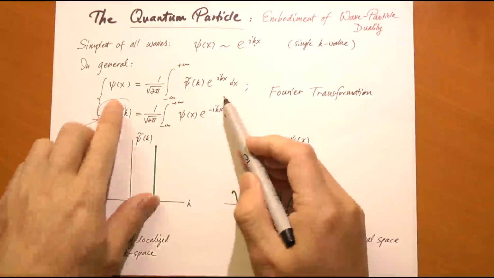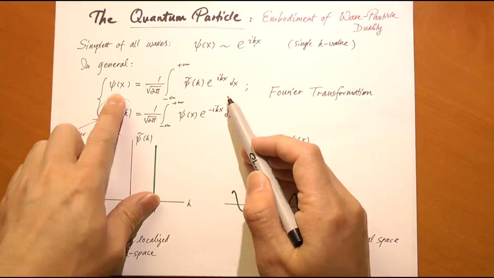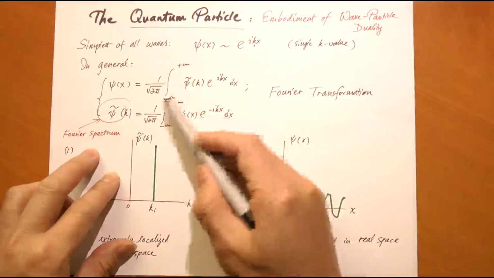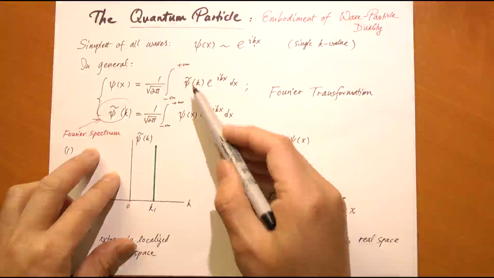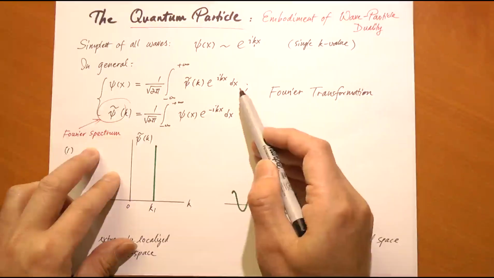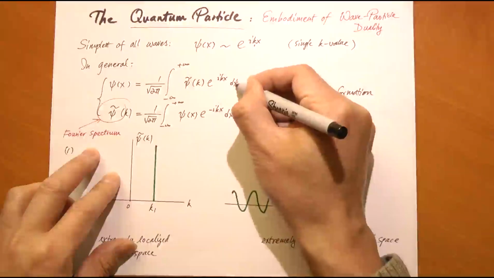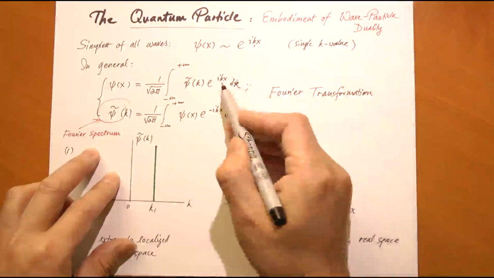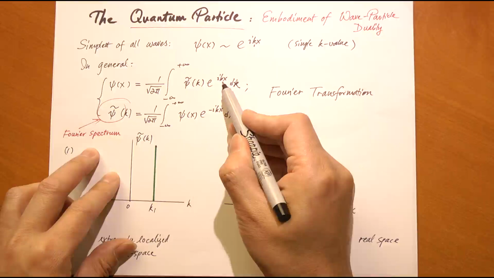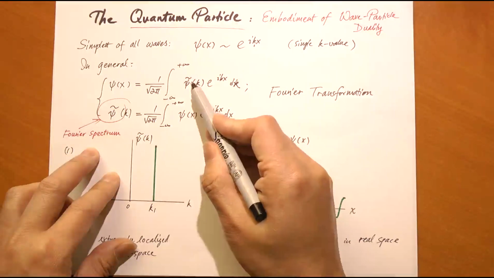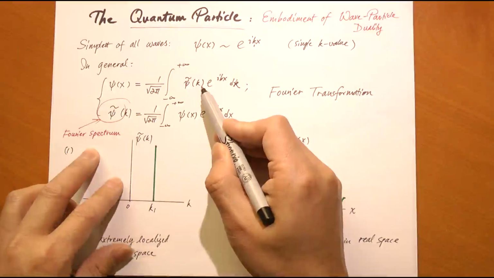You see here, this is an arbitrary wave, which doesn't have to be simple harmonic. I sum it up, or more precisely, I integrate over contributions from very small